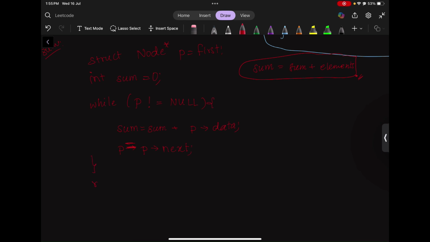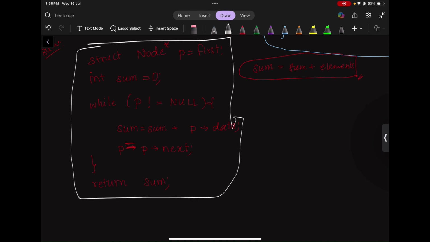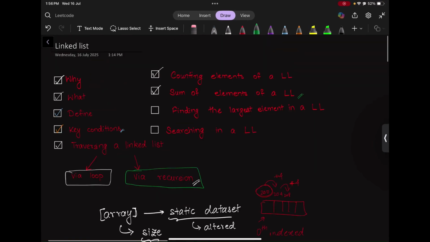This is the way we write or get the sum of the elements in the linked list. That is, this is the part where we are traversing, whereas this formula helps us get the sum. This is the updation of p to continue our traversal, and once our code ends,